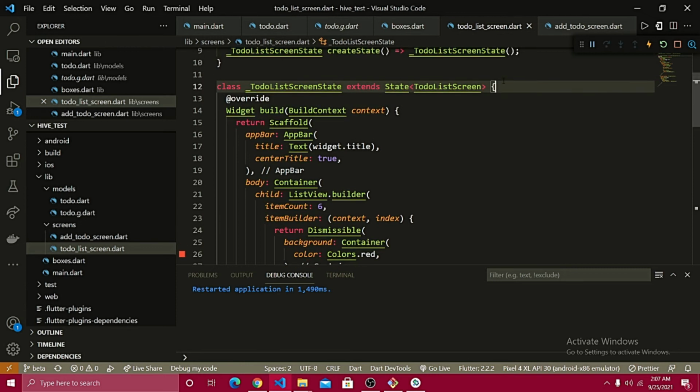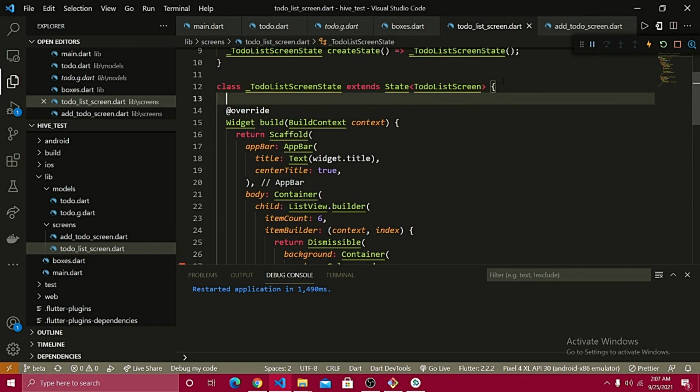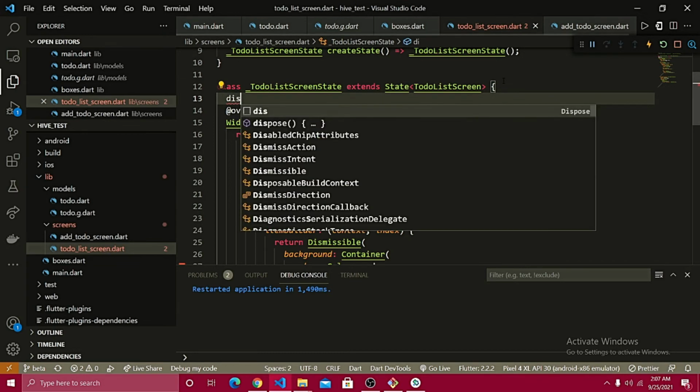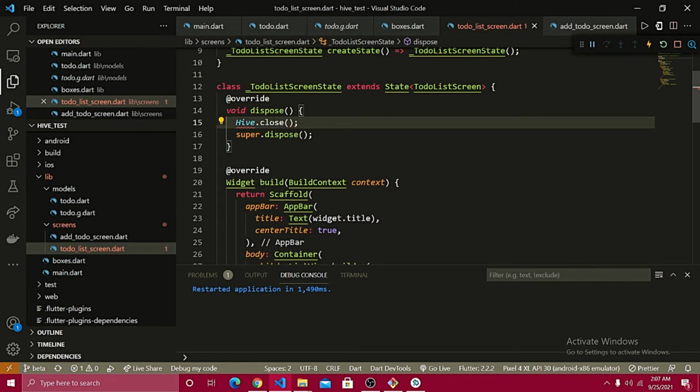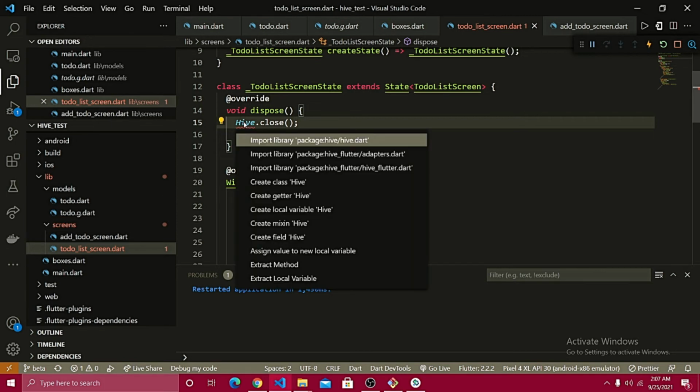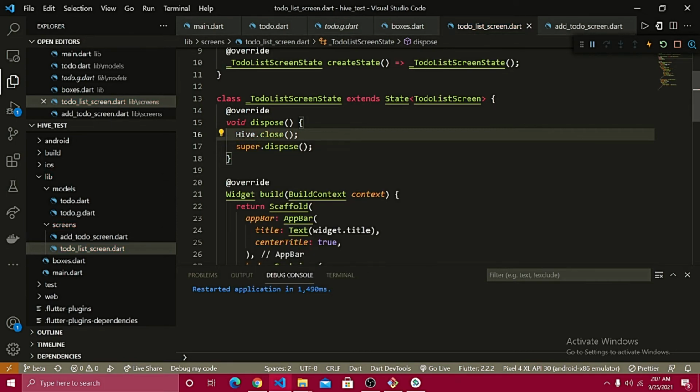Right after the widget build, we need to define dispose here. For the memory leak, let's define Hive.close, and that's it. And we need to import the Hive package, and there we are, right? So that's it for initializing the Hive, and now let's go into the add_todo_screen to